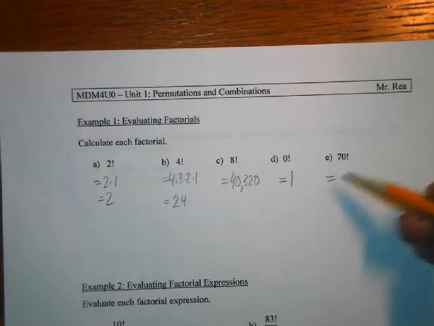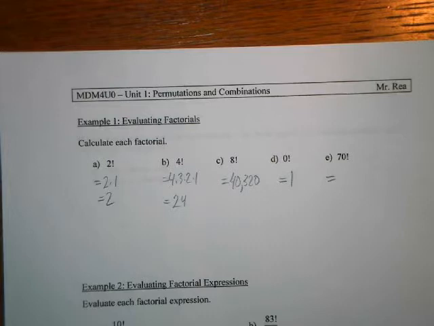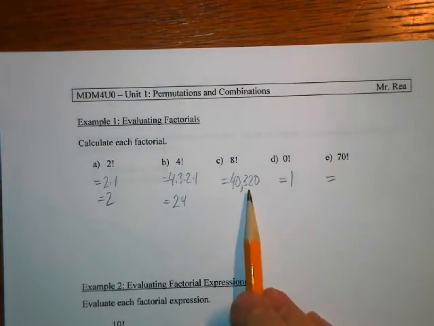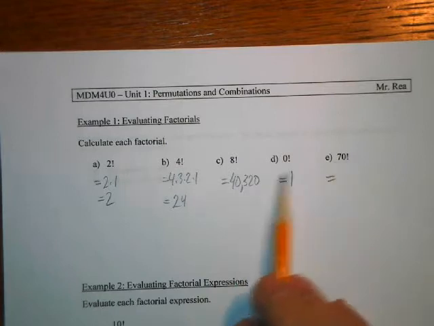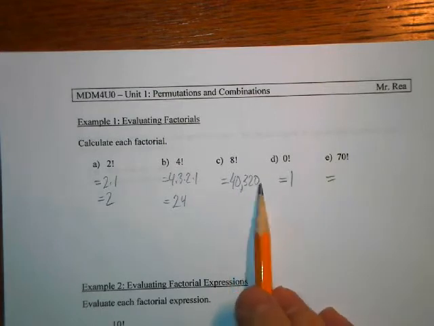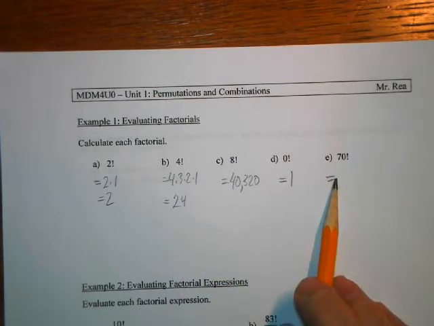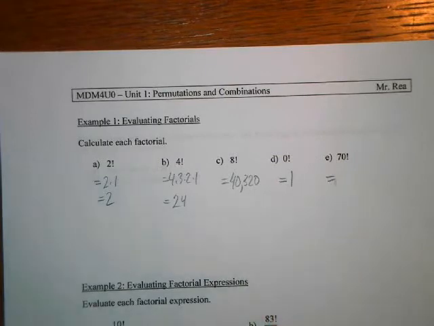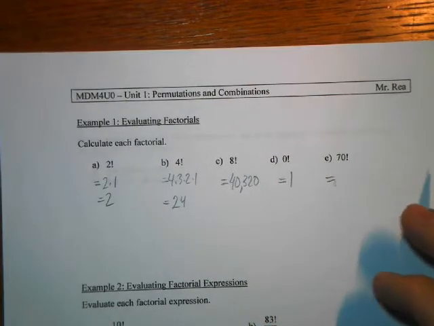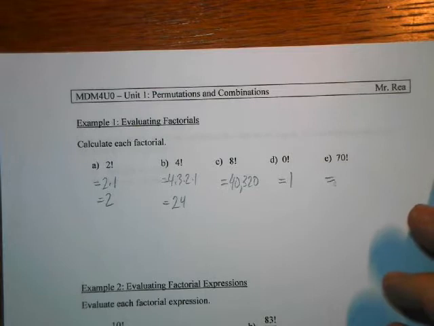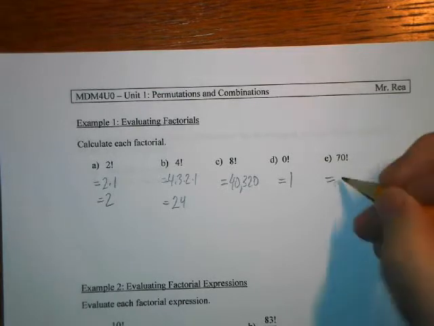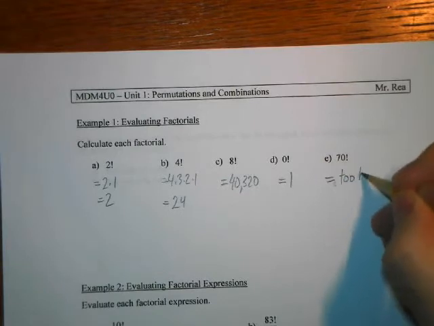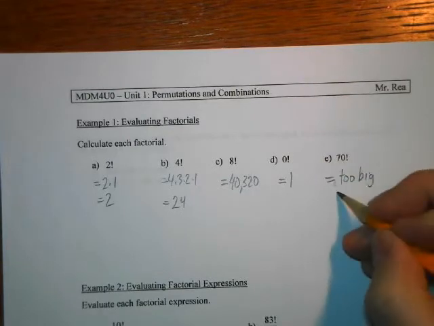This would be 70 times 69, etc., down to times 1. Well, interestingly enough, you can see how fast this function grows, the factorial function. If you try this on calculators, I believe most calculators still give you an error. And the reason why that's an error is because the number is just too big, meaning it's bigger than